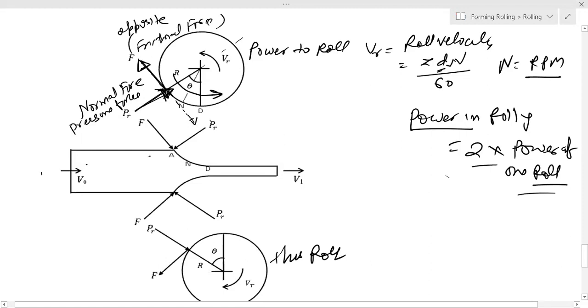Now, because it is a nice contact, it is a strip. And this same pressure force will act here from the free body diagram, and the same frictional force will act on the roll from one side of the roll. Here also the same pressure force and friction force will act, because the roll diameter and length are the same, and the velocity of the roll is also the same, so everything will be the same. Everybody understood this? Please write yes, no, maybe.